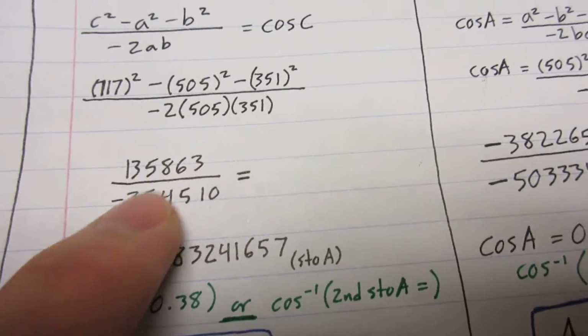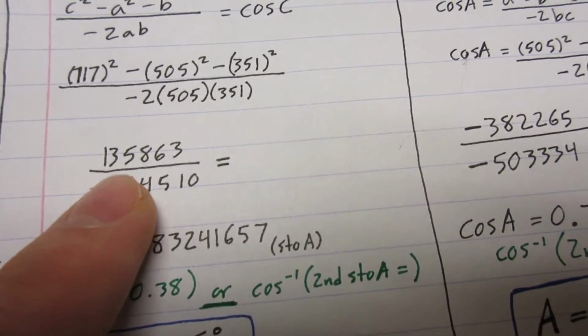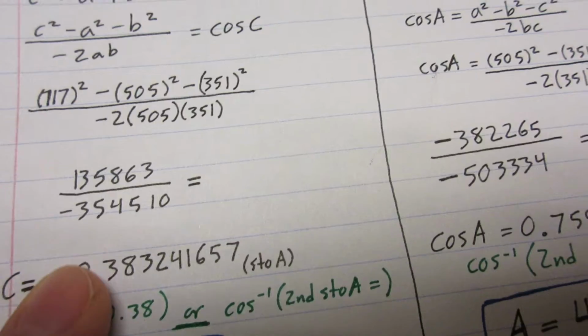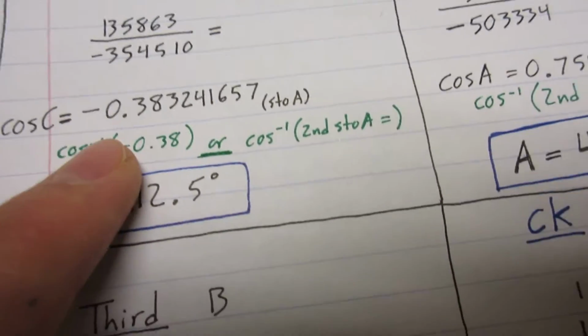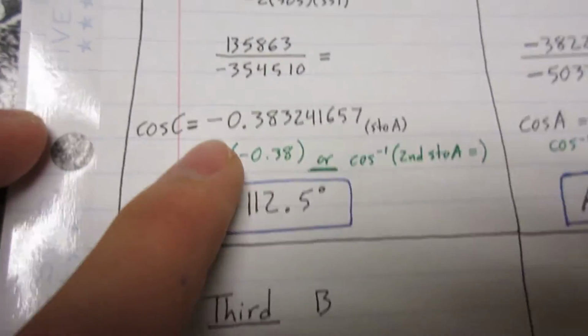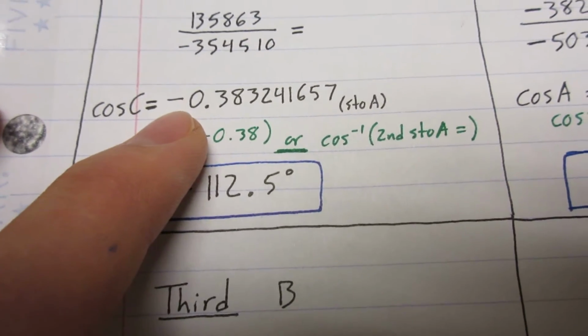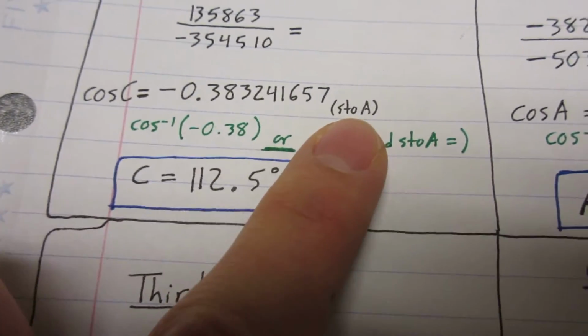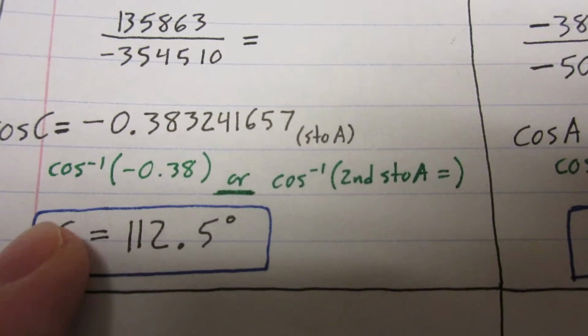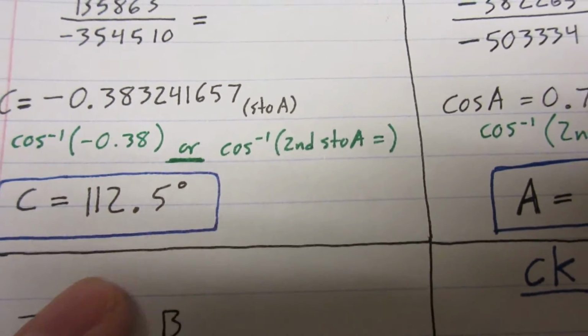Then I plugged in my numbers. I reduced the top and bottom, simplified those, and then I got this number right here. When I divided them, I stored that number in my A spot on my calculator, did some calculator work, and